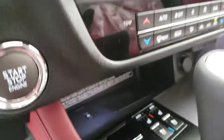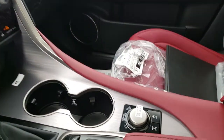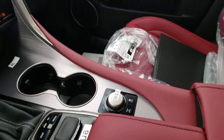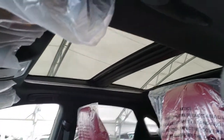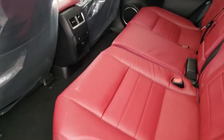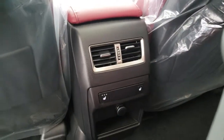wireless smartphone charging, heated and ventilated front seats, drive mode select with Sport Plus, center locking differential, panoramic sunroof, power folding rear seats, red interior, heated rear seats,